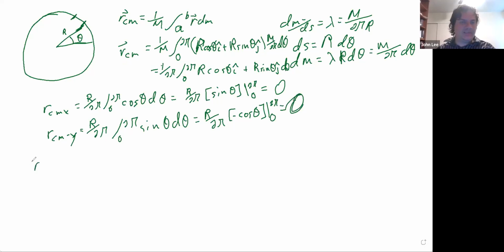So our center of mass is equal to 0 i plus 0 j, which makes sense even though there is no mass in the middle